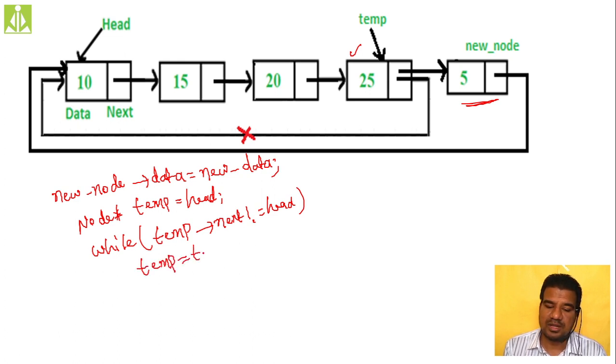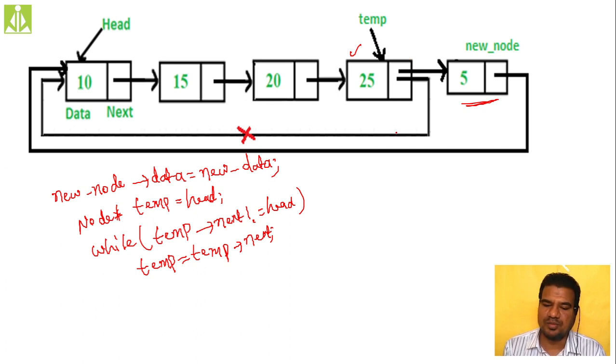See, before this we have to do one more thing. If at all your circular singly linked list is empty, we have to add this node as the first node. That we do in every code. So again, I'm not writing over here, but I will type inside your IDE. So you do like this, and after that, what corrections we have to do? After this, your temporary pointer will reach this point.